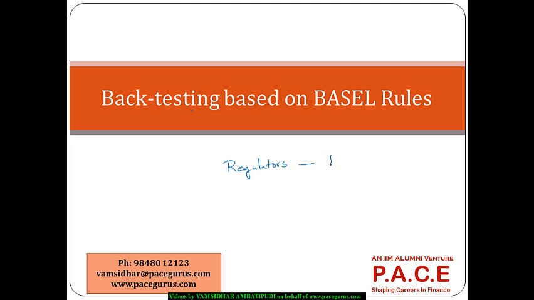They have to come out with a broader framework, so they should develop models which are more comparable across the various financial institutions. The way Basel has come out in terms of testing the various VaR models is purely based on the